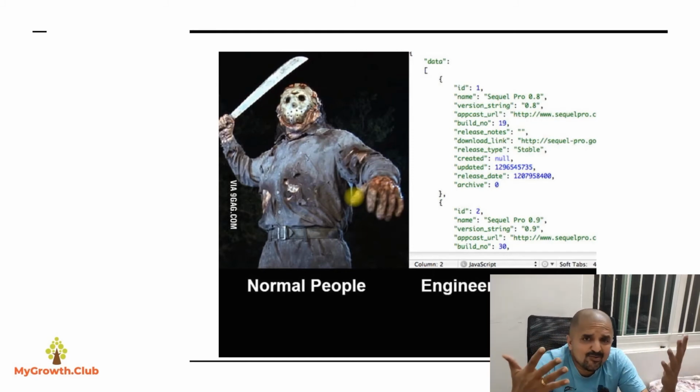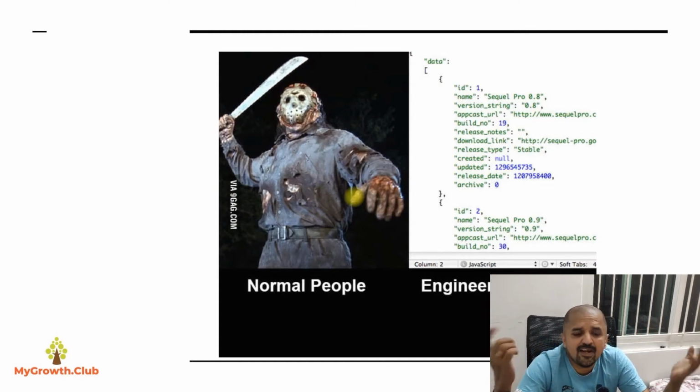When a marketer tries to look at a JSON, it probably looks like the image on the left, which is the JSON from Friday the 13th. When a coder looks at it, the image on the right actually makes more sense. But as a marketer, it's very hard to consume this data in a weird JSON format. As marketers, we are more comfortable consuming data from spreadsheets and tables.